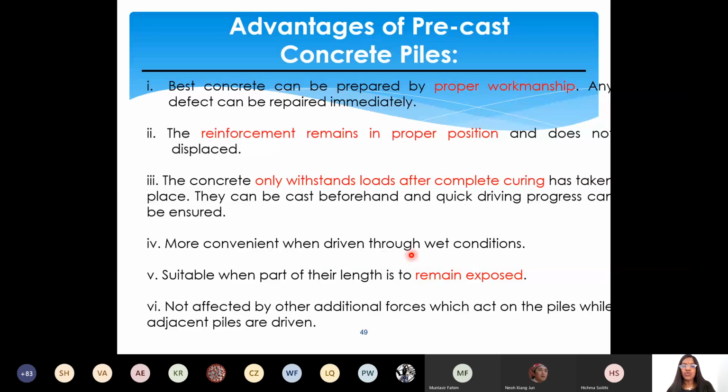More convenient when driven through wet conditions, right? The same holds good for most of the piles, steel or others, except timber. Suitable when part of their length is to remain exposed. Not affected by other additional forces which act on the pile while adjacent piles are driven. So concrete piles can take and absorb some vibration. It cannot get brittle or make noise or slide or deflect due to external forces or other construction works going